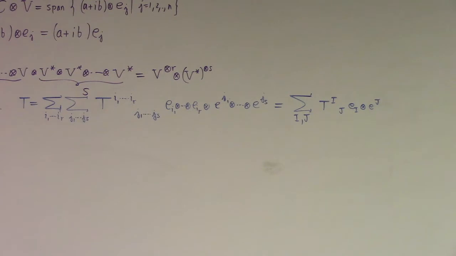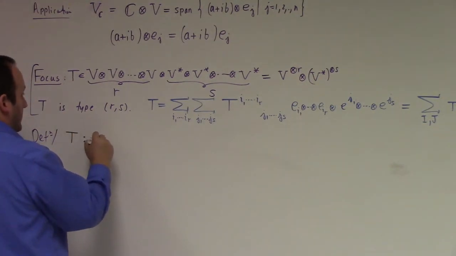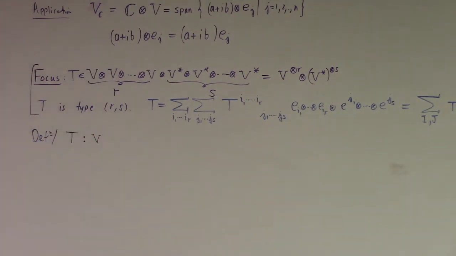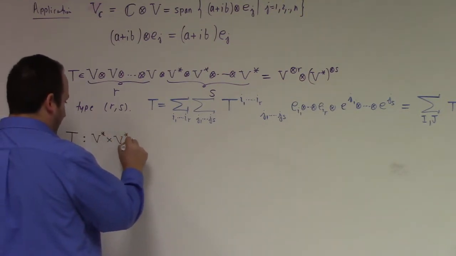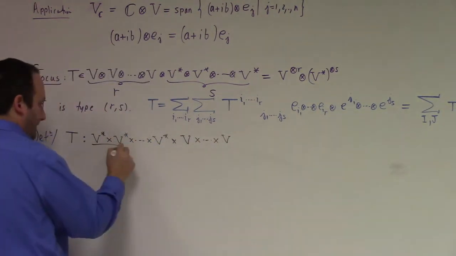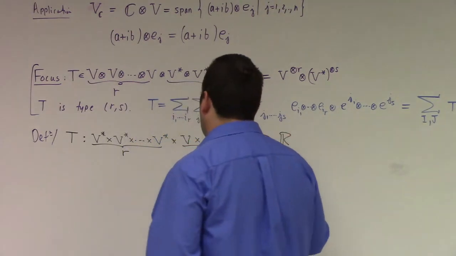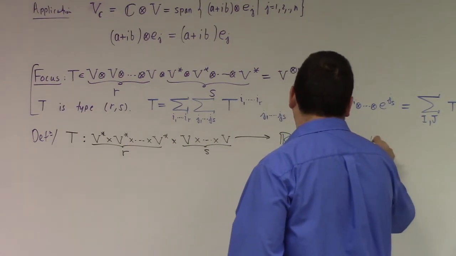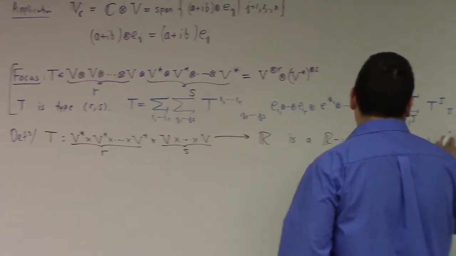So if we have T mapping from, let's see here, how's it go? Make sure I do this right. Otherwise I'll have to do a lot more writing. Yeah, so a mapping from R-fold copies of V-dual and then S-fold copies of V. All right, and then this is outputting a real number, is an R-valued type RS multilinear map